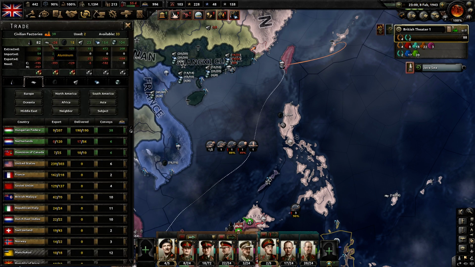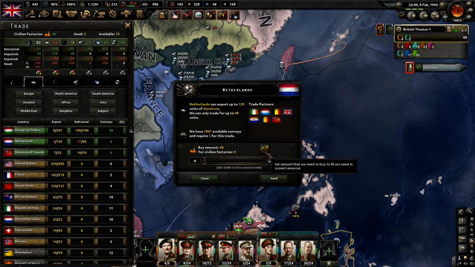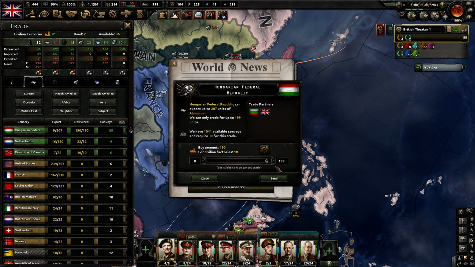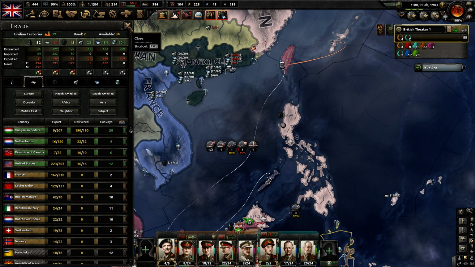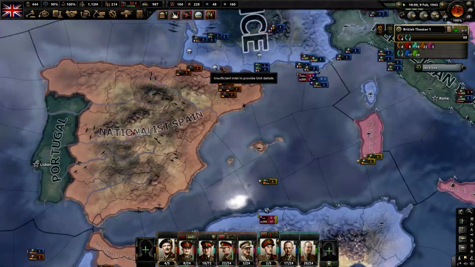Aluminium, ooh, we are very, very short on aluminium, due to the Netherlands not fulfilling their obligations. Well, that's just rude, isn't it? Well, we can't really ask Hungary for that much more. Canada neither, so yeah, we are going to ask Canada, the United States here. Gibraltar lost, it's just not nice, but...